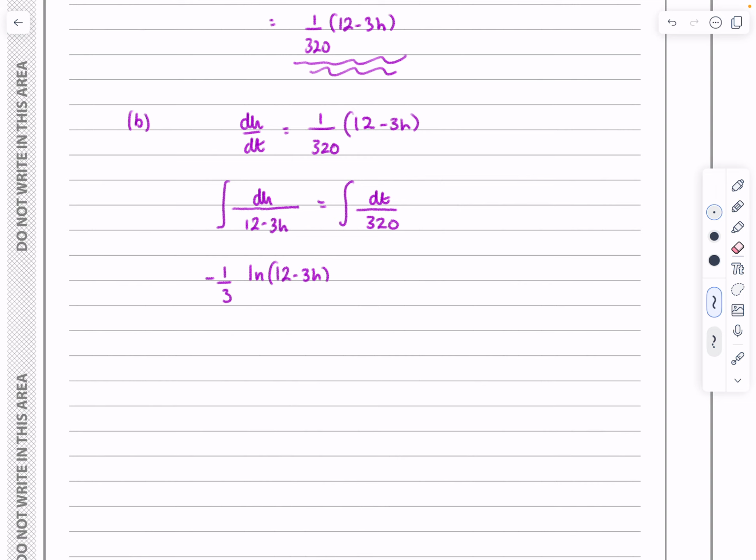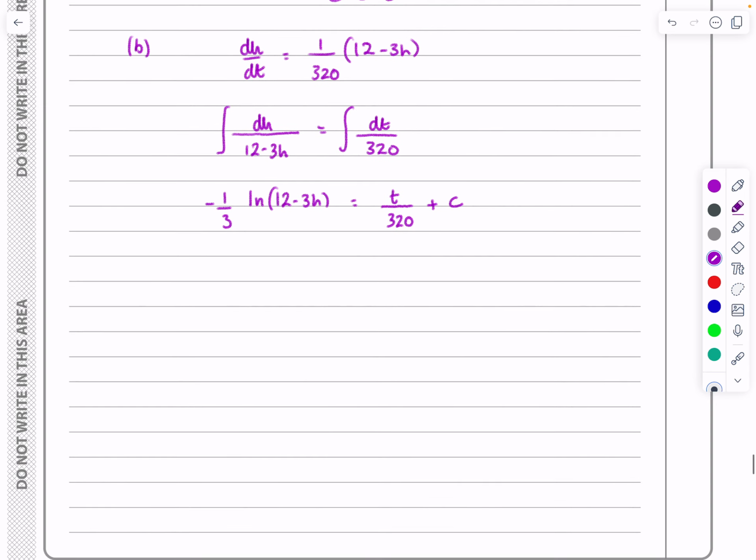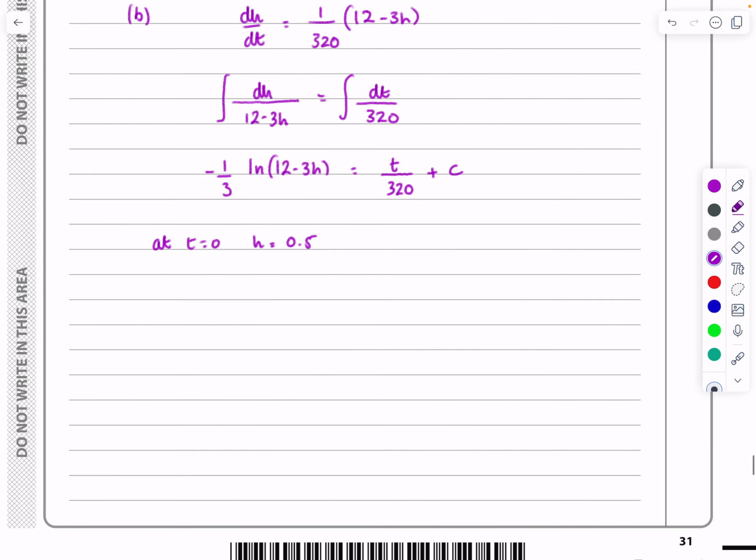So the integral of the left-hand side is equal to that. The integral of the right-hand side is just t over 320. And then obviously we have to have a constant of integration, so plus c here. Now I'm going to pay a little bit more attention to what they told me. They told me that at t equals 0, h was equal to 0.5. So if I put that all in, t equal to 0, h equal to 0.5, I'll get c on this side, and I'm going to get minus a third log